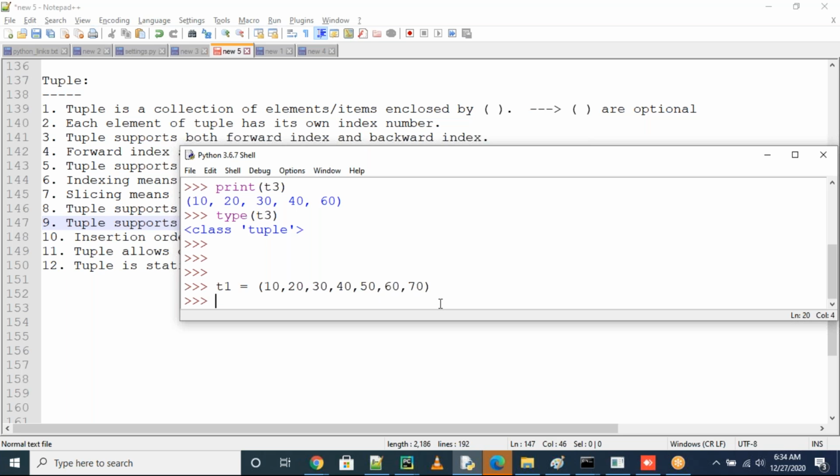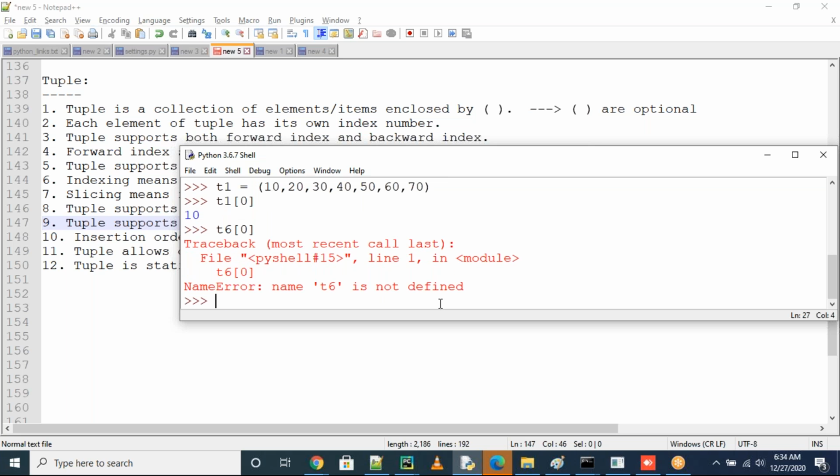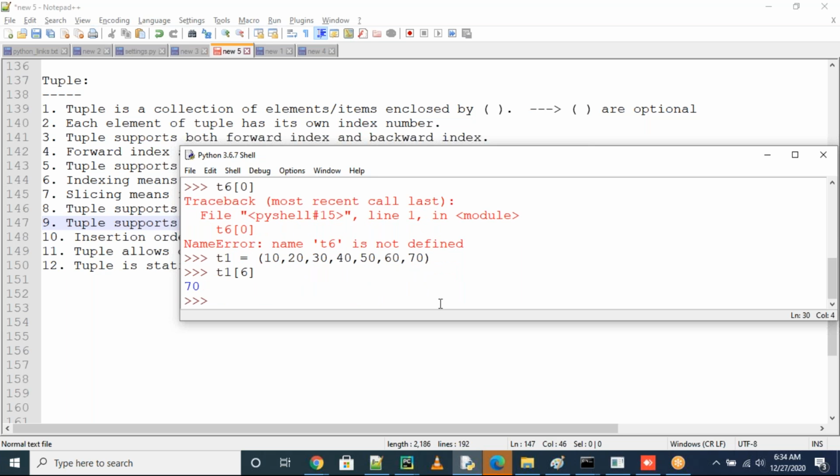Right. So all of you know indexing, right? T1 of 0, these are common, guys. Again something of 6 is coming, okay, name error. Half I want to give 6 actual, this is what I want to give. Okay. Next, T1 of